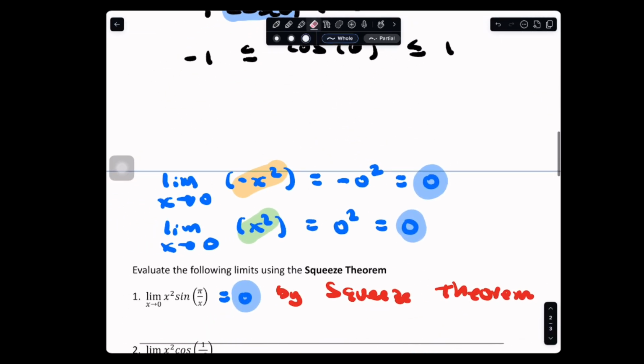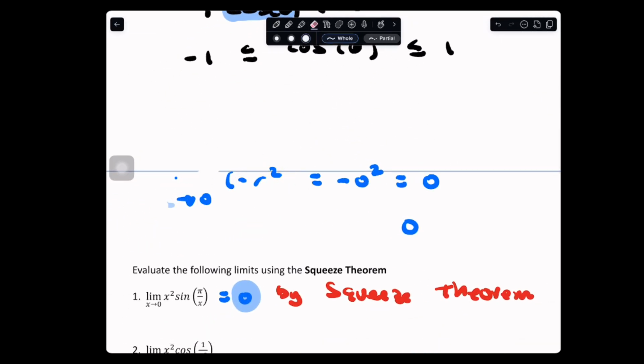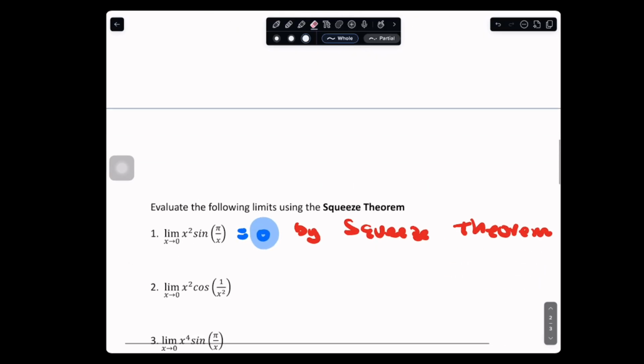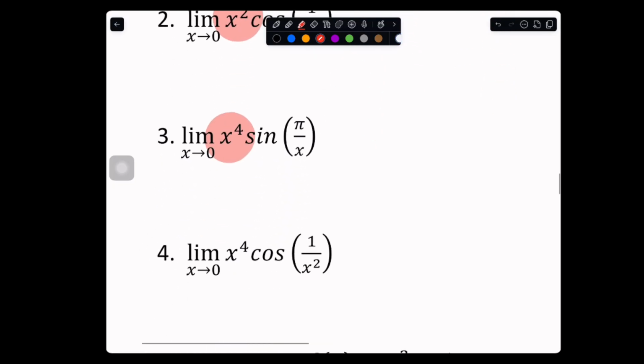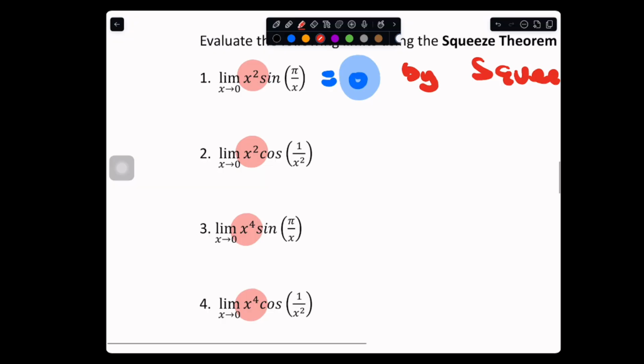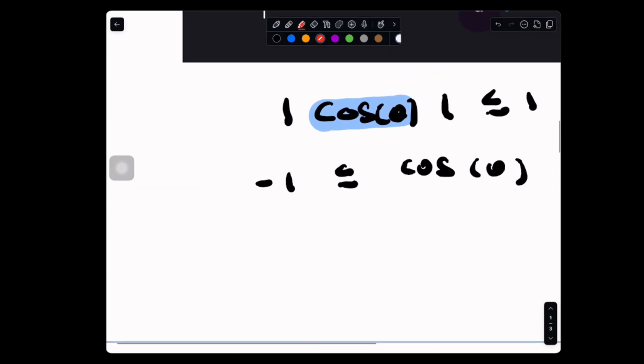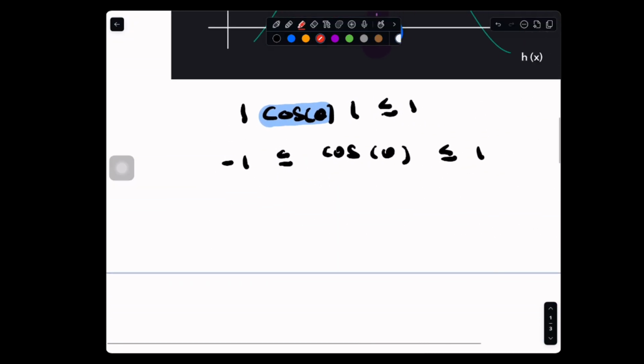And very similarly, it's not going to be any coincidence that they're going to use terms like this. If you can see, this is x squared, and this is also x squared. They're not going to use x. They're going to use x to the 4th. They could use x to the 6th. If I thought about it, they could even use square root of x. So why do you think that is? Because when you multiply the smaller function by an x squared or x to the fourth,